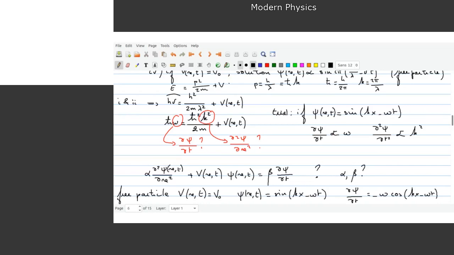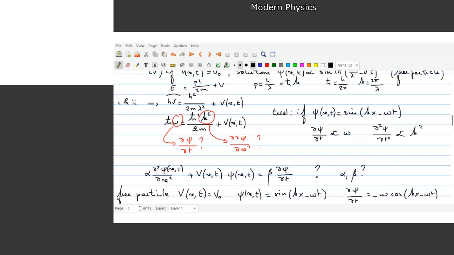So p squared will be h bar squared k squared over 2m, plus a potential energy. This one we have no way of writing in a general way, because it will depend on your problem, okay? So something we can remember, if we want some